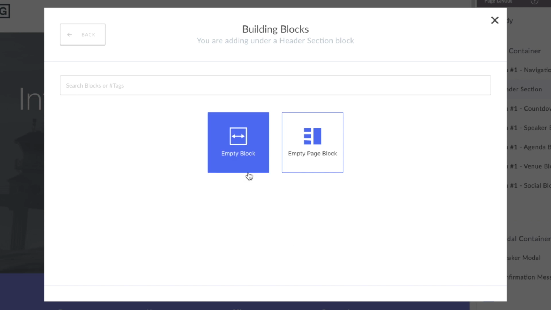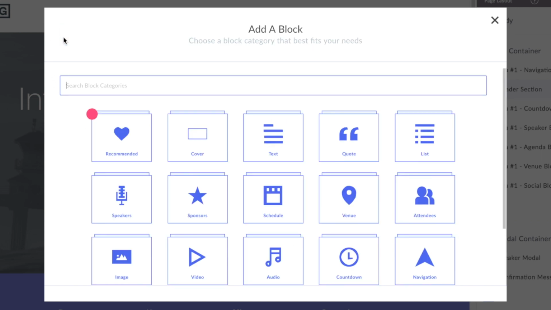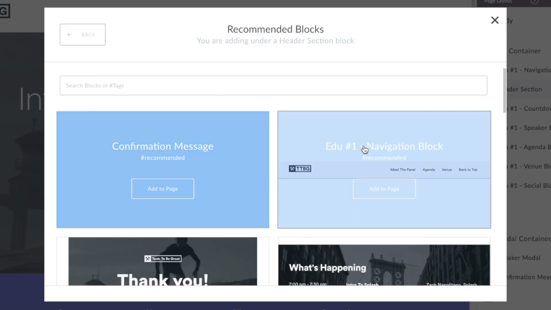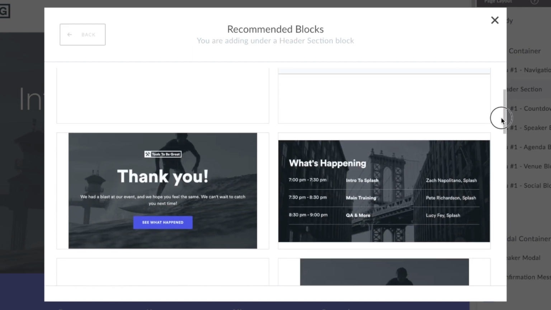Also available to them on all public themes is a folder in the top left labeled Recommended. Here, you will find blocks specifically designed for the theme you're using. Now, any block you add to a splash page will look solid by default, since all blocks are completely responsive and designed off the same grid system.